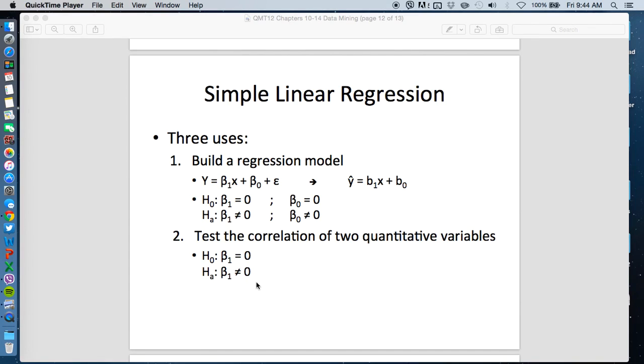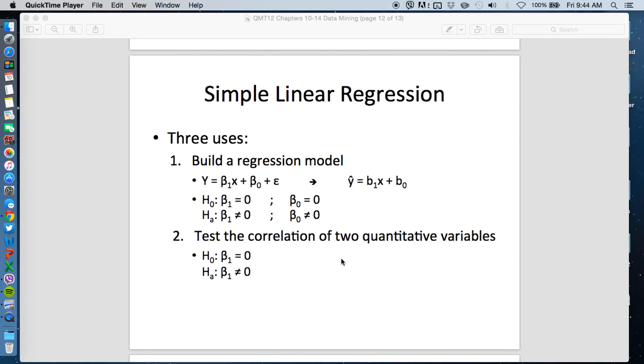Now, why is this enough? Why will this be enough for us to know if there's a relationship between two quantitative variables? Because here, we are trying to test if the slope is equal to or not equal to 0. And if you try to visualize the graph of a line where the slope is equal to 0, it will be a horizontal line, which means that for every increase in x,